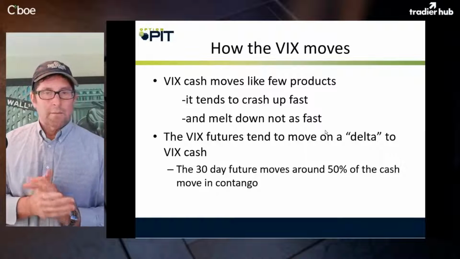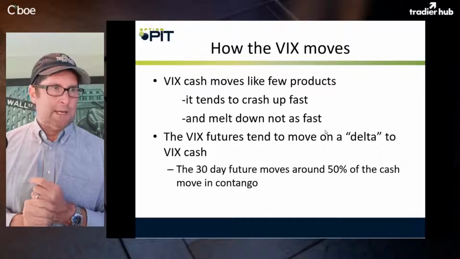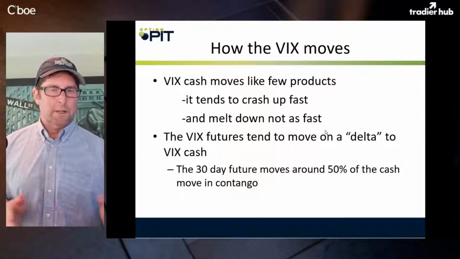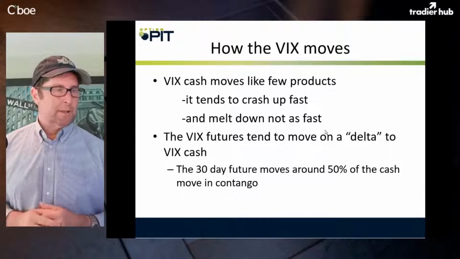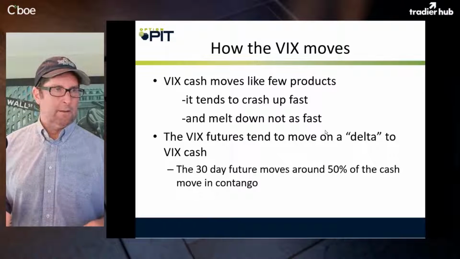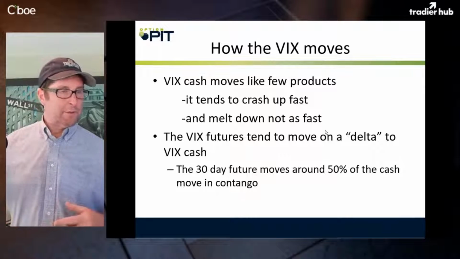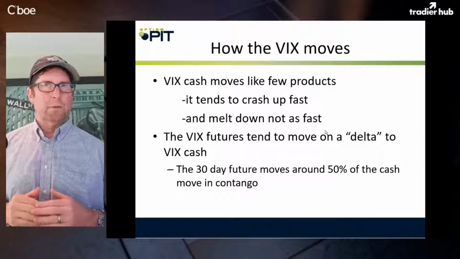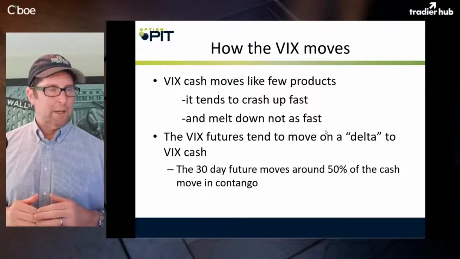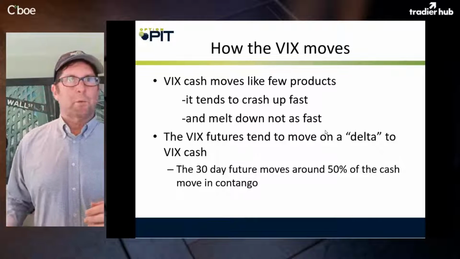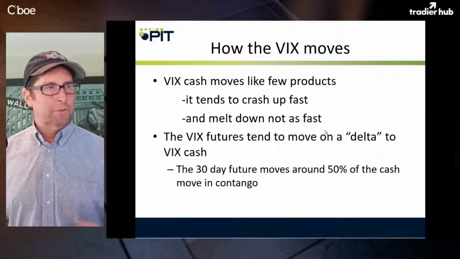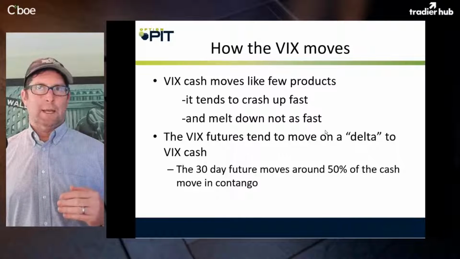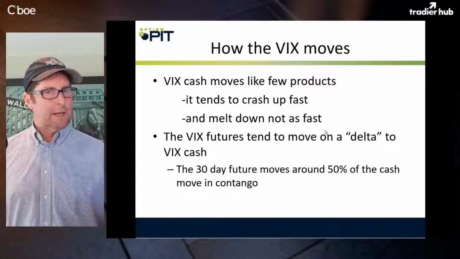Now, VIX futures tend to move on a delta to the cash. So a general rule of thumb is the 30-day future will move around 50% of the cash price when we're in contango. And remember, because those futures are already priced higher, VIX can have a little move, and you won't get as much of a move in general out of the future. So when you see people saying, oh, VIX has moved a ton, but you're not getting huge immediate performance out of your trade,